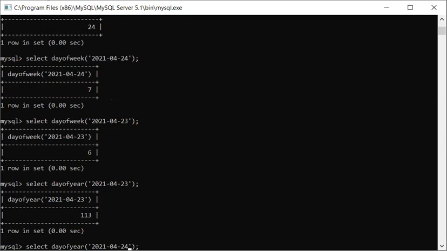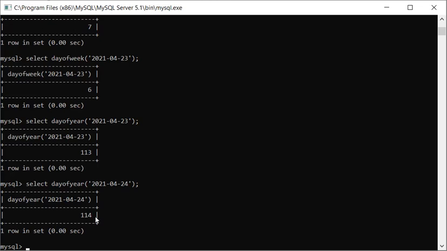If we check today's date, we will be at the 114th day. It means in this year 113 days are over and we are at the 114th day. If you wanted to know how much is remaining, you can deduct this answer from 365, and you will get how many days are remaining.